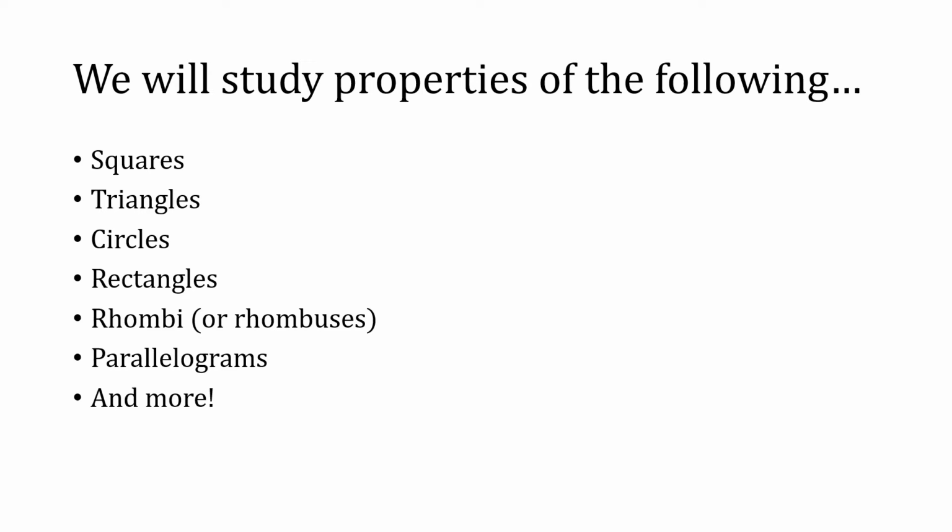So today we'll just be looking at some simple properties of the following shapes. We're going to start off this unit by looking at some of the qualities that make a square, for example. Really simple stuff to kick off this unit, because this is our first real math unit of the year. It's just coming later than it should be. So we're going to start off by looking at the properties of these simple shapes like squares and triangles and circles,